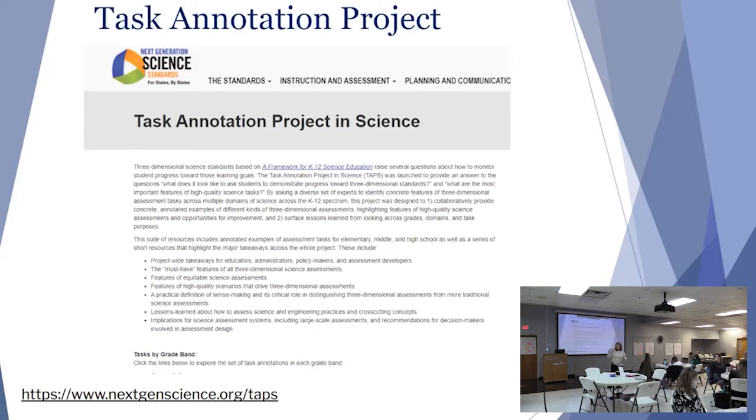But when these tools were developed and when the tasks were written, it was right after NGSS was written. People wanted to know, what do these things look like? And so people were just trying to write tasks, right and left. And so they were always going to the PEs, and that's why. I'm not saying that that's a bad thing. I'm just saying that these can be used besides just looking at the PEs themselves.